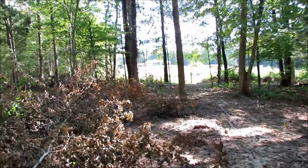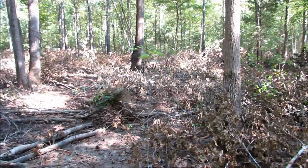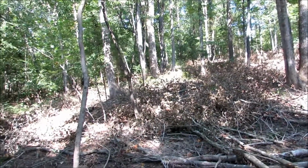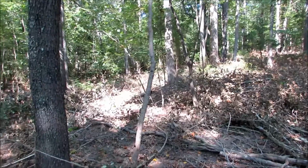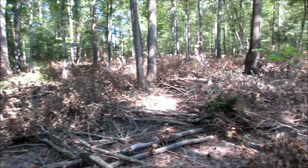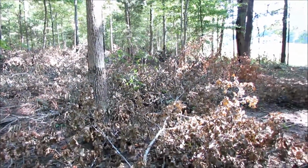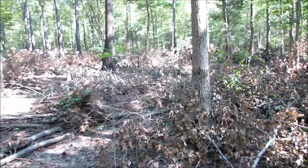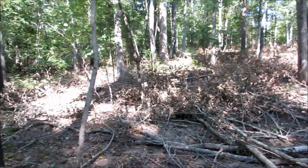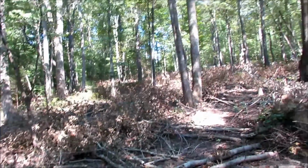I'm out here in the forest paddock that I've been working on. Kind of see all the dead leafy stuff on the ground and sticks. I kind of chopped down all the junky trees and the crooked trees and the ones that were kind of dying on the top because they were getting shaded out, and the lower quality timber trees. And what I'm trying to do is get a little sun to hit the ground back here, so I can maybe get some grass growing to enhance my grazing here, so I have more grass, and keep the nut trees,